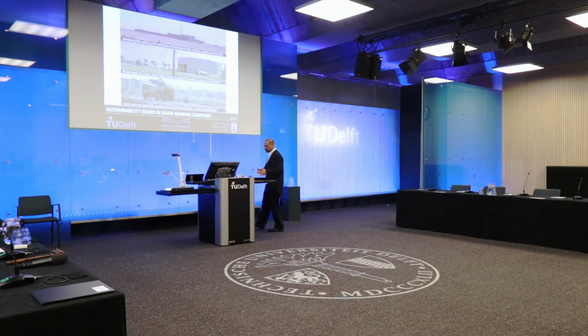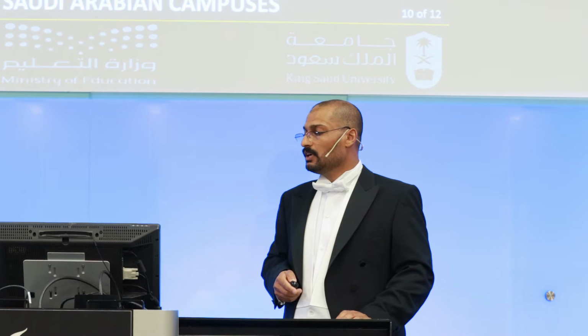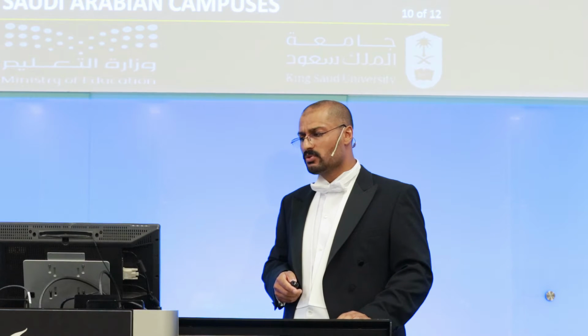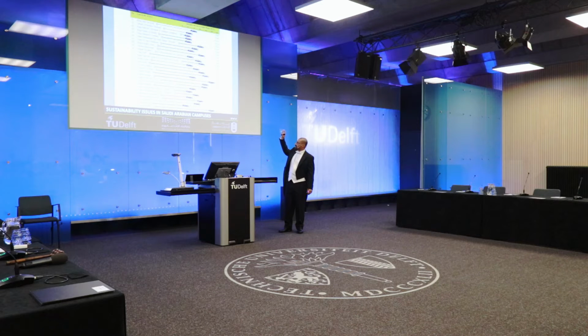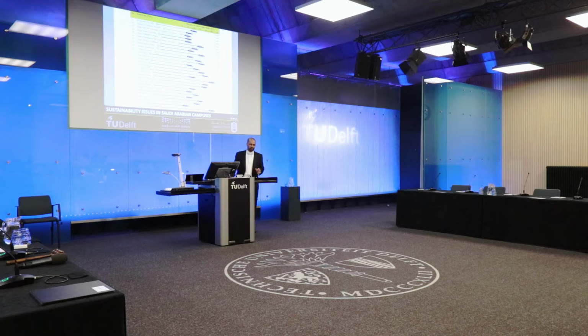The other issue, of course, with faraway locations is that you have to provide infrastructure projects. For example, electricity, you need substations, and water and sewage systems, et cetera. The other issue is physical accessibility. If you compare the old universities with new universities, we see the average commuting distance for new universities is around 30 kilometers.